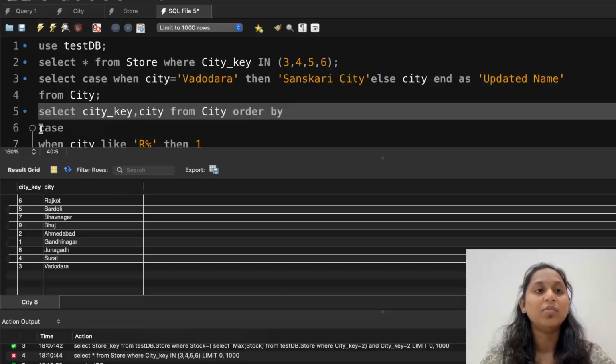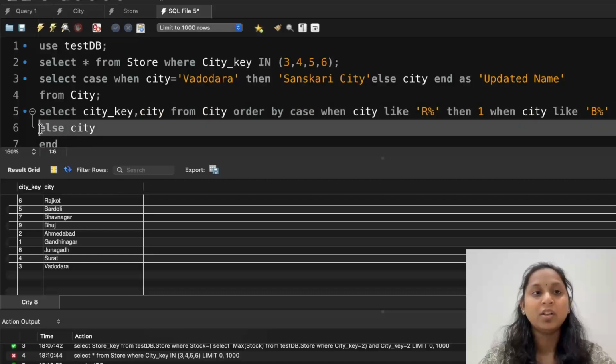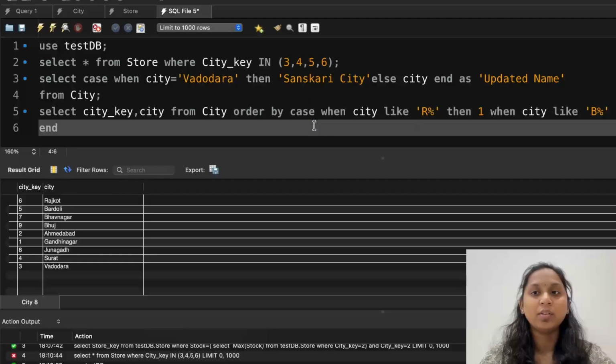So this is the way you can solve this type of complicated query. And this type of query will be asked in your GATE exam or any competitive test. Fine. In your interview or in a placement also they ask this type of thing. You should be aware about how the case will work in an order by clause. Case can be used in a where clause, as well as in an order by. Fine. Case is for what? To give the specific priority to every value. Fine. I hope you understand this query.